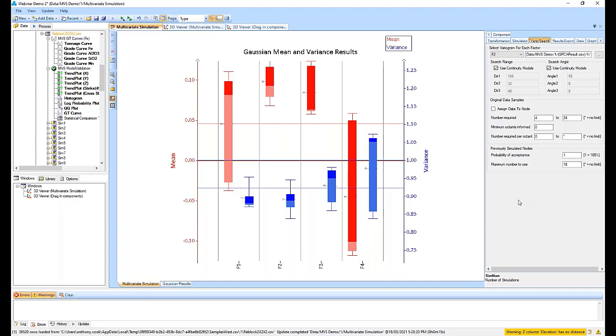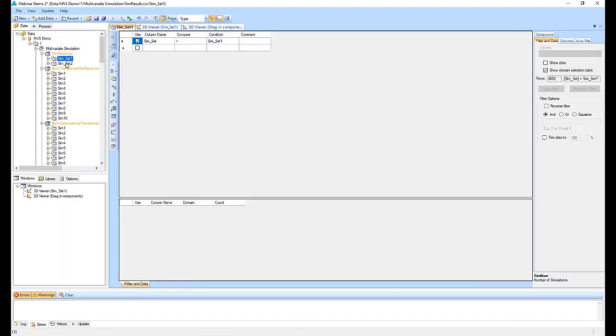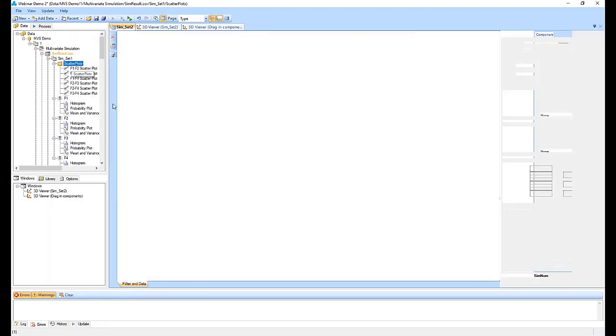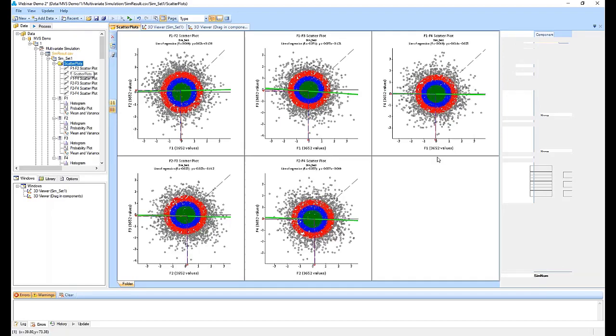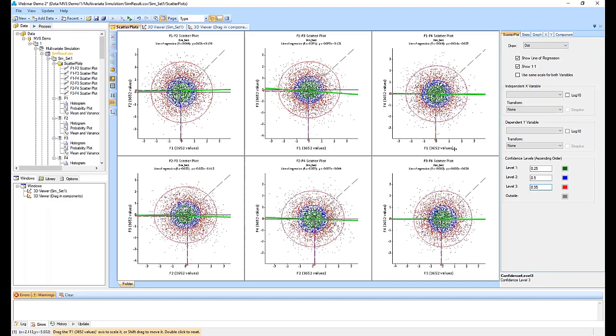But as far as this goes, you can see that my simulation is complete. So what have we generated? Well, first of all, we've generated the simulation sets that I need to do. So Supervisor will generate these all together. Again, we can see in our scatter plots how well these might have performed. And again, we can have a look